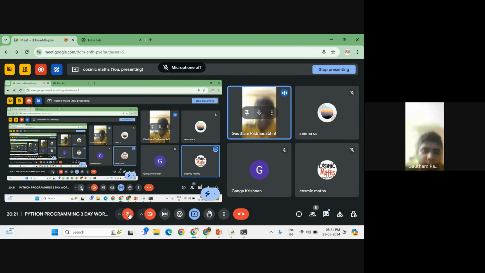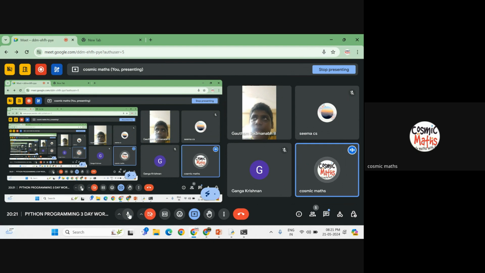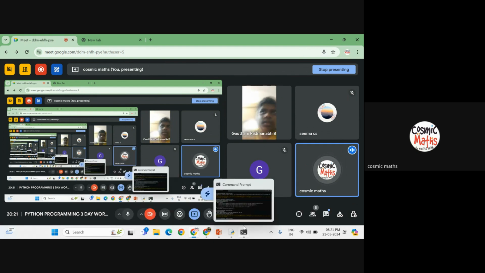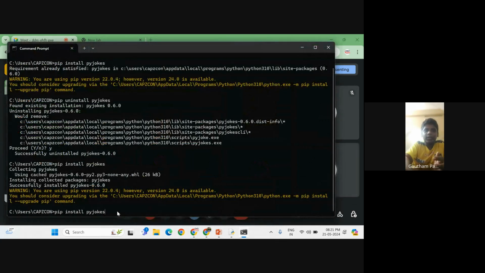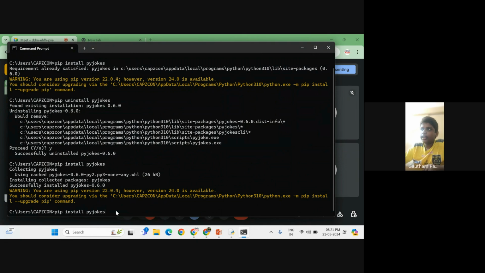Like, we need to install it from the first side, right? No, you just have to give the command pip install. No, about the package of PyJokes and all. In the website, we should download it, right? No, you don't have to download anything from the website. You can just directly install it through the command line. Yeah, I had given it, but